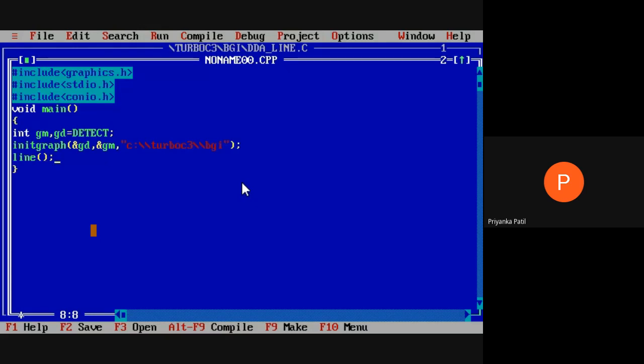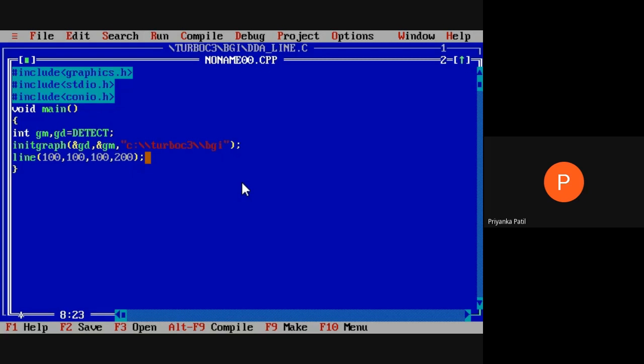So we consider particular values here: 100, 100, 100, 200, suppose. So the starting point has x1 equal to 100, y1 equal to 100, and here are the values of x2 and y2.